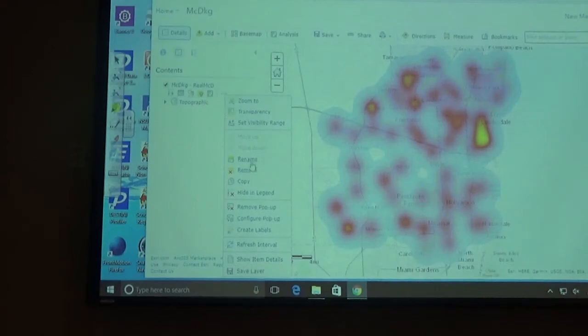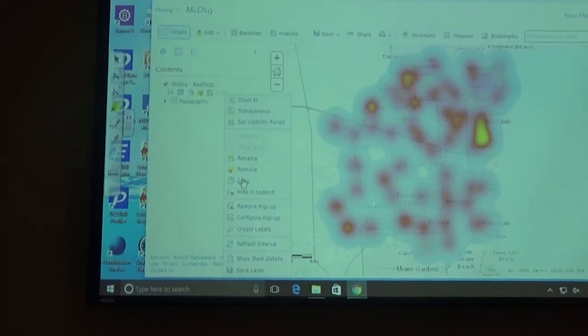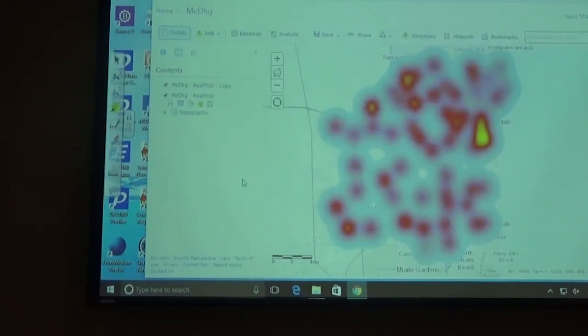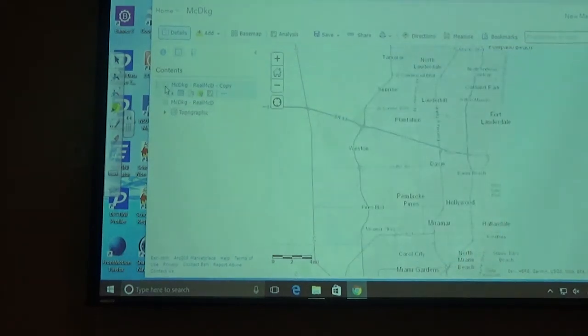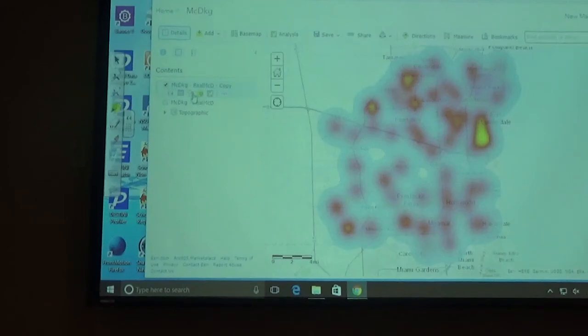I do copy, and it automatically pastes it in, renaming it, and it calls it copy. Then I click on this gently again. This is my activated layer. Now I'm looking at a heat map. Both are heat maps. See that? And I change my style